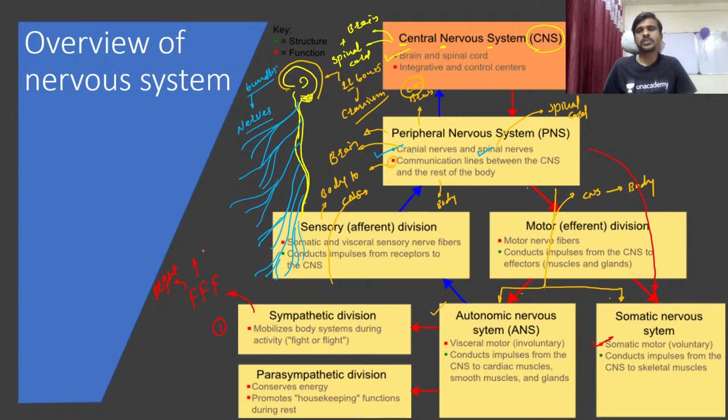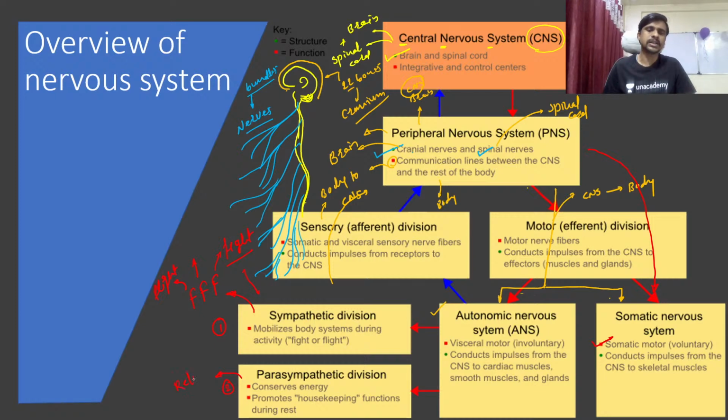Fright, when you are threatened, or you are in fear because of any reason. And the fight, so when you want to fight, that time this system will help you. Okay, and this parasympathetic nervous system is the second part of your autonomic nervous system. So these are the two parts of your autonomic nervous system, and this parasympathetic nervous system always activates when